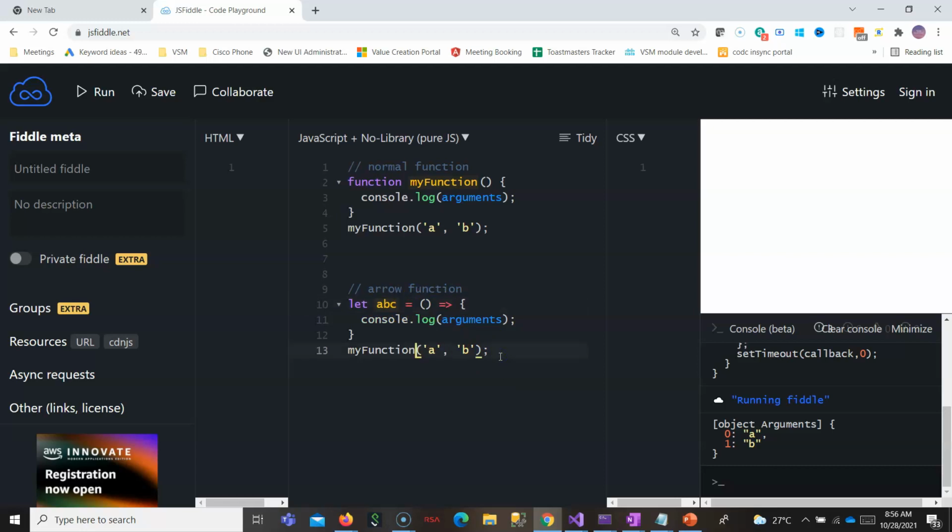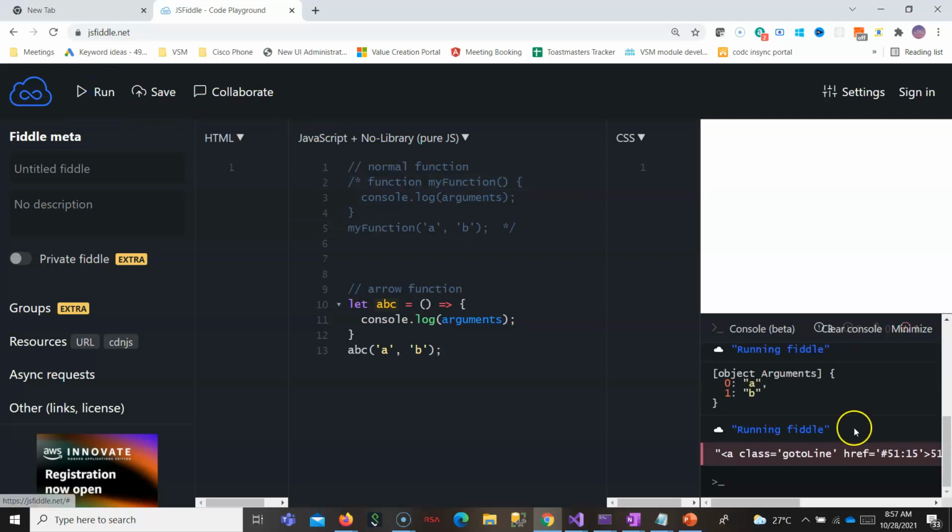So just make it, you can make it the same. ABC. Okay. If you put ABC, AB, you will see this arguments will be empty now. Okay, we can comment this for the time being. Okay, and if we run this,